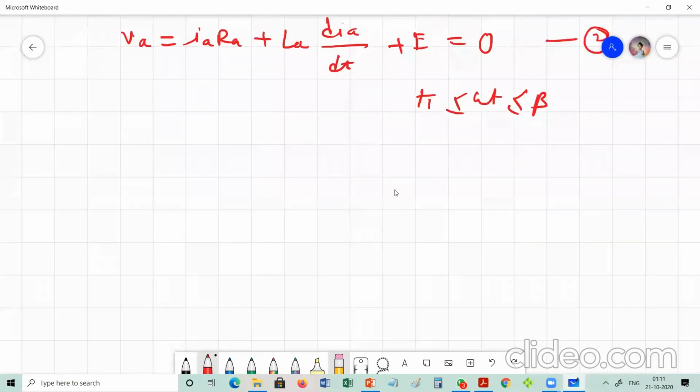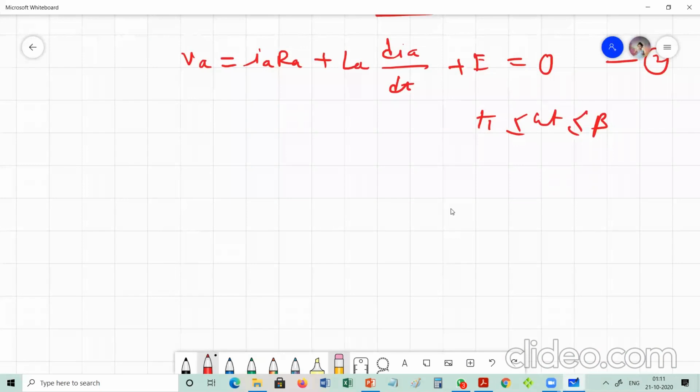Using these equations, we can find the current equation, same as that of the single phase half controlled rectifier. The current will have three components: one is the AC component, second is the DC component, and third is the transient component. Same as in single phase full control, we have calculated the constant K1. If you follow the same procedure, you will get the current equation I of omega t as this. I am writing the final equation.